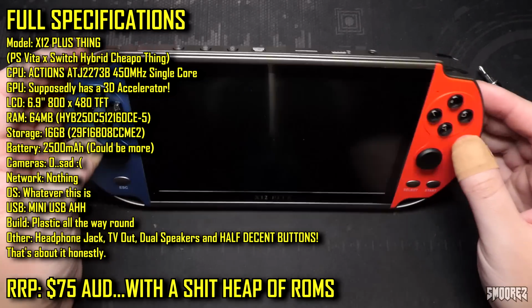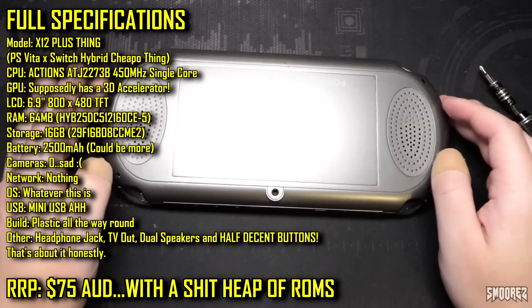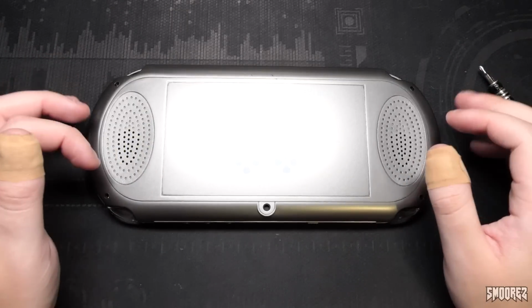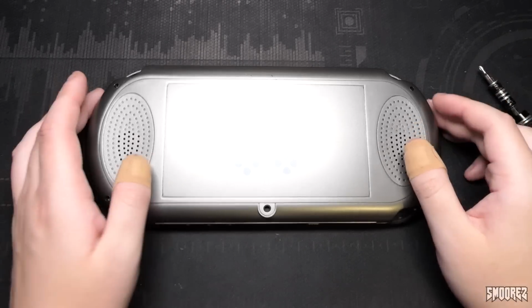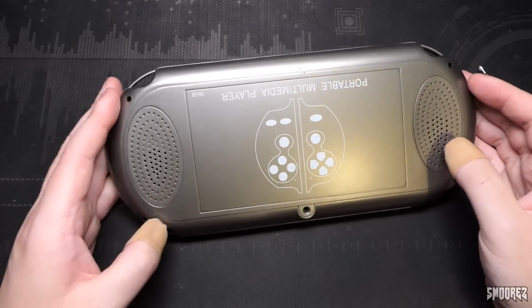Well, that's everything that I need to cover on the X12 PLUS gaming console. That's on AliExpress now for $75. As I said in my very rambly conclusion, it's not really worth it, but if you do find it cheap like how I did at Cashies, it might be worth picking up just to play around with, and it's fun to have in my collection as just this oddball thing that's just a bigger version of the other thing that